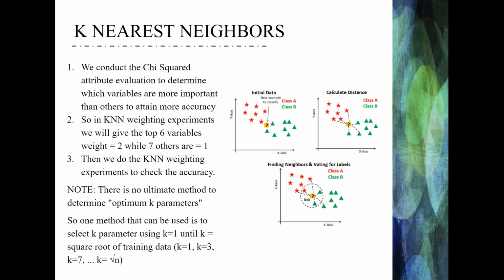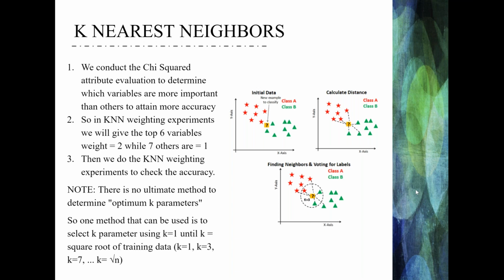Now I'll be explaining the k nearest neighbors, also called KNN for short. It is one of the most popular machine learning algorithms used for classification problems. Consider the figure given here, figure 1. Here, the star represents one class, that is class A, and the triangles represent class B. When a new example data is given to classify, which is present in the middle, shown as the question mark, the yellow one,